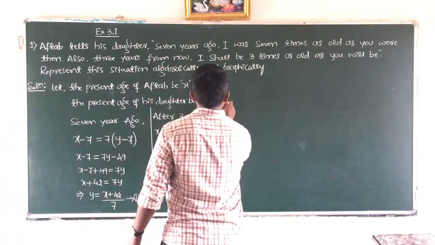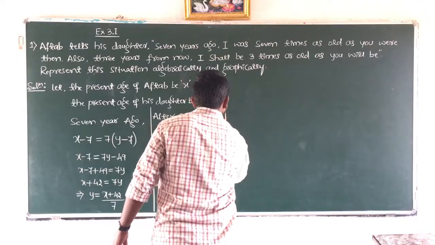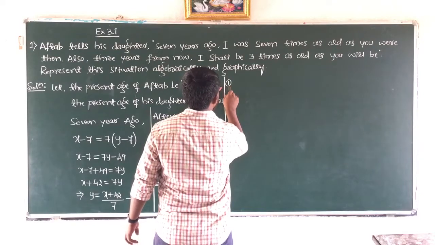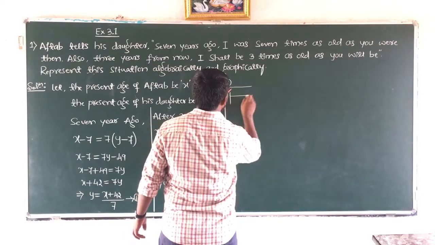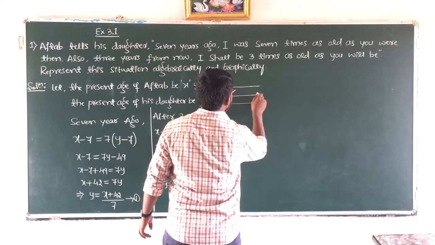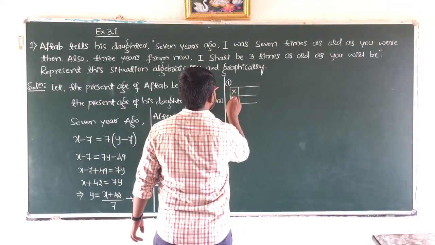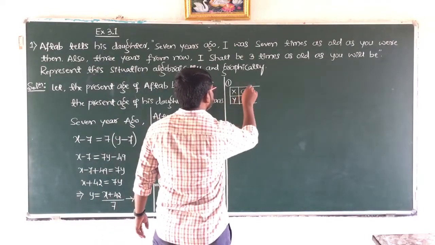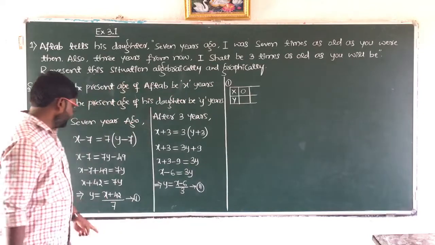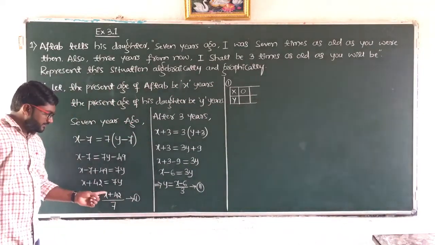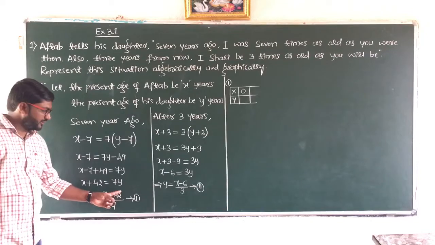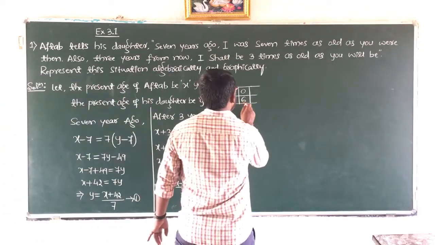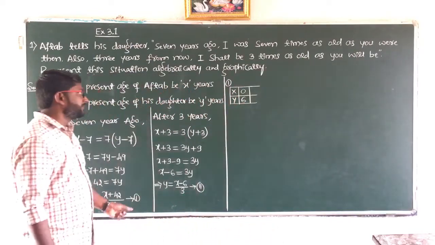So I'll go for table 1 now. We'll take 2 to 3 values of x and then y. Let us take x as 0 and note down the value of y. Take x as 0 here. 0 plus 42 is 42. 42 divided by 7, we get 6. So we get 6. Then let us take another value of x.